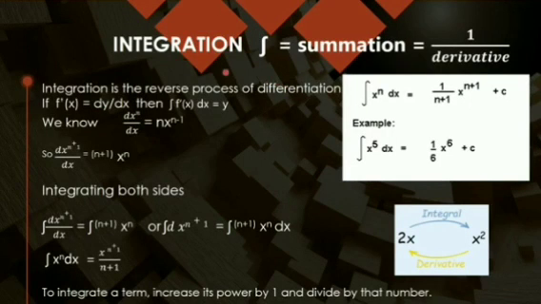Now if I want to talk about integration, integration is the reverse process of differentiation. It is 1 upon d. Like derivative, I take wherever I have to find the slope, but integration means adding, summation. Integration means addition. So wherever, like for a velocity-time graph, the area is giving me the distance or the displacement, that is by adding the small areas I can get. So there only I will be using the integration.